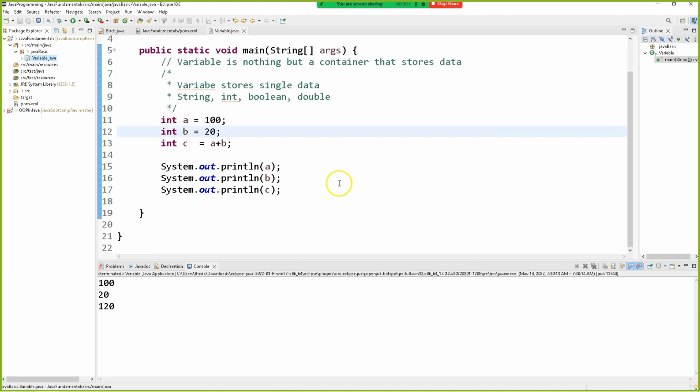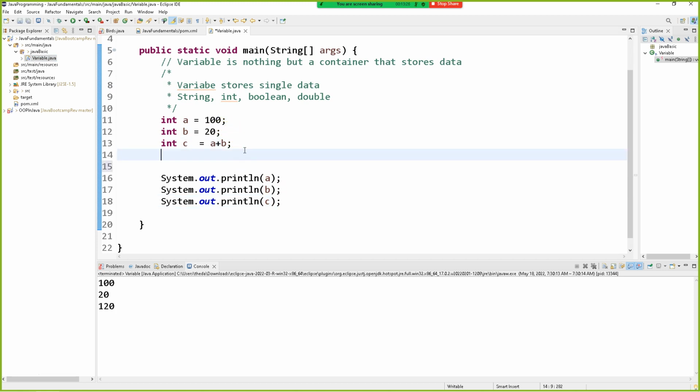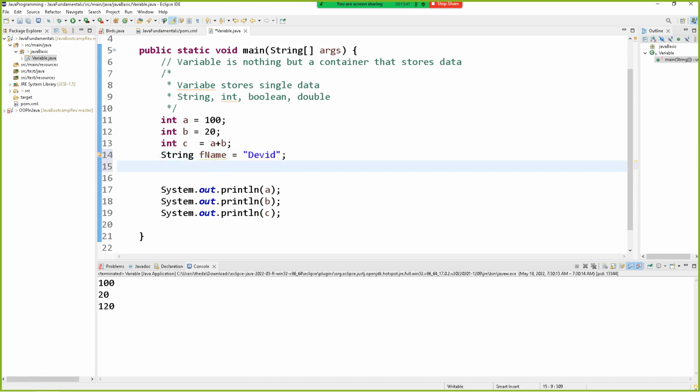And I can also say a string fname is David. And string lname, last name, is Blake. All right,